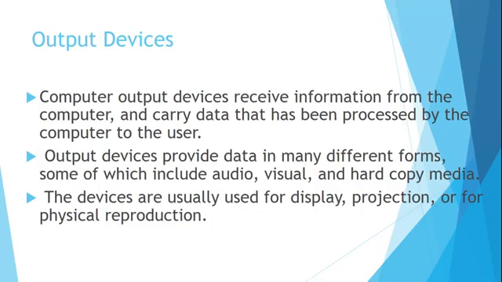Now through the input devices, a user would have given information to the computer. This information would be processed by the computer and the output is then produced for the user to view with the help of any of these output devices. Output devices may generate an output in the form of hard copy, visual or audio.